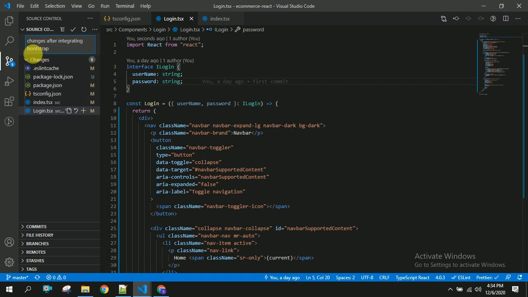So you can write your commit message here. Once that is done, you have to stage the changes. After this, you have to do commit.